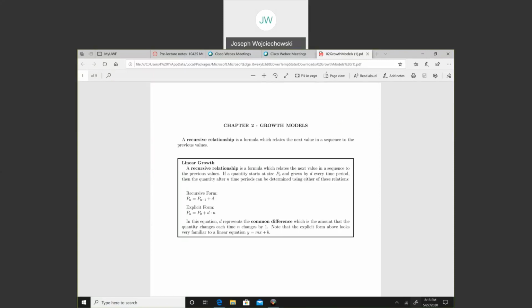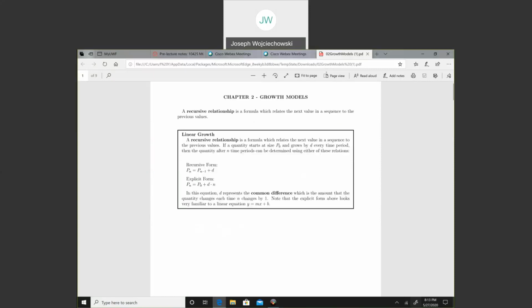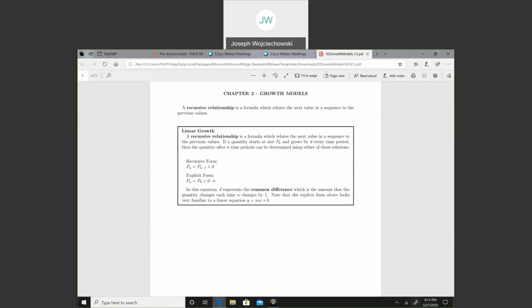Okay, today we're going to look at the second chapter on growth models. The first thing we talk about is linear growth. A recursive relationship is a formula which relates the next value in a sequence to the previous values. If a quantity starts at size p sub 0 and grows by d every time period, then the quantity after n time periods can be determined using either of these